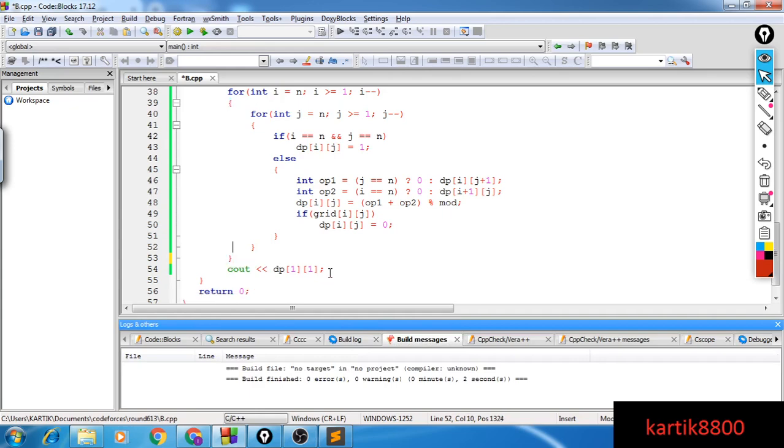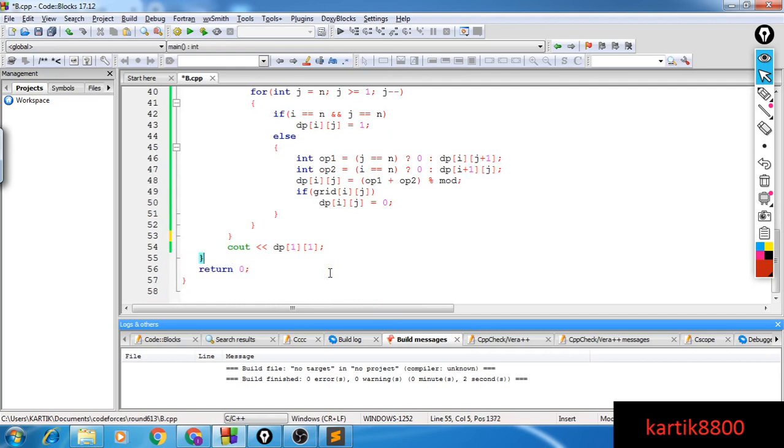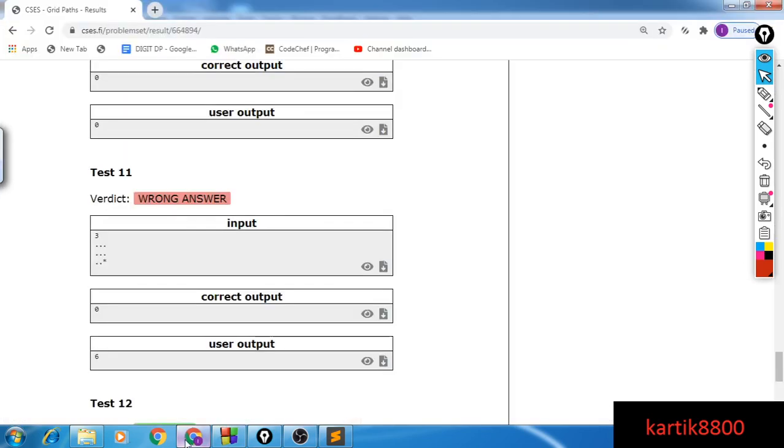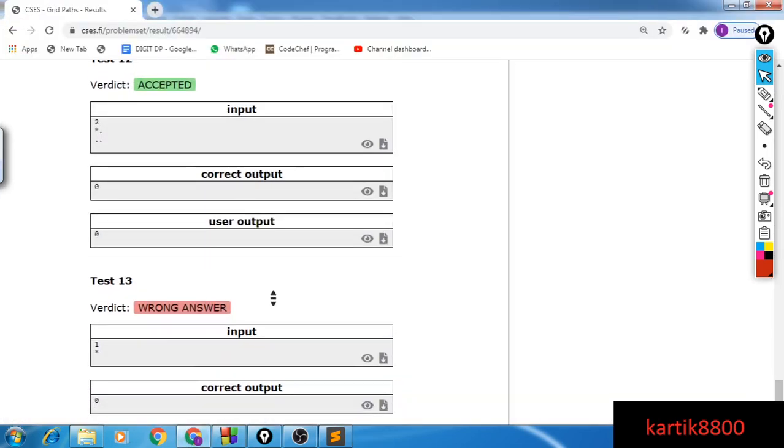So what I can do is, if the n,n cell itself is blocked, then simply say there are no ways to reach the cell. Otherwise you can print this and now it will work. The other wrong answer is also due to the same mistake.